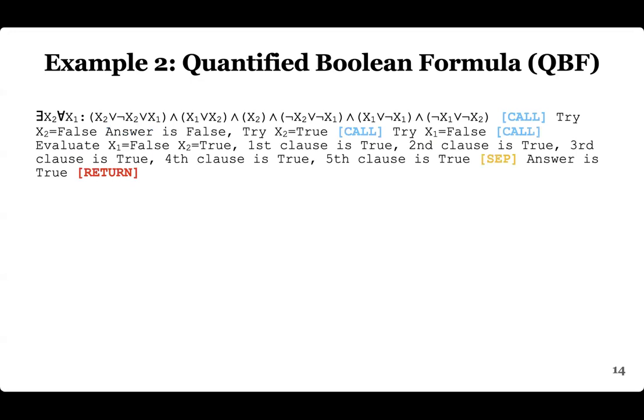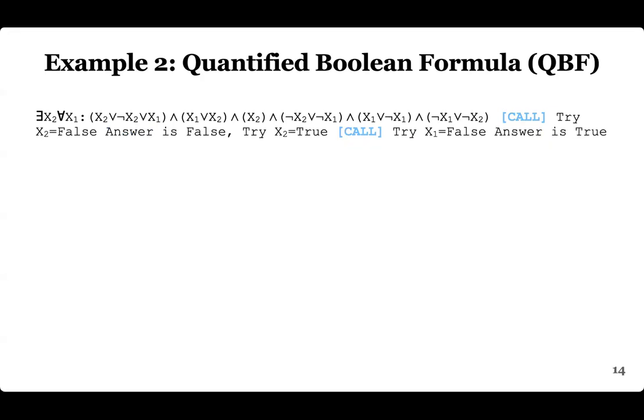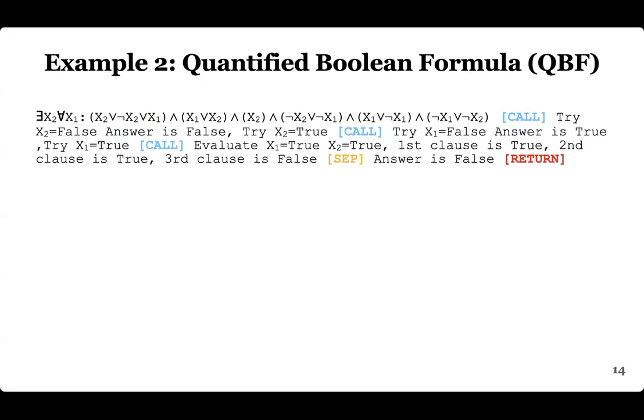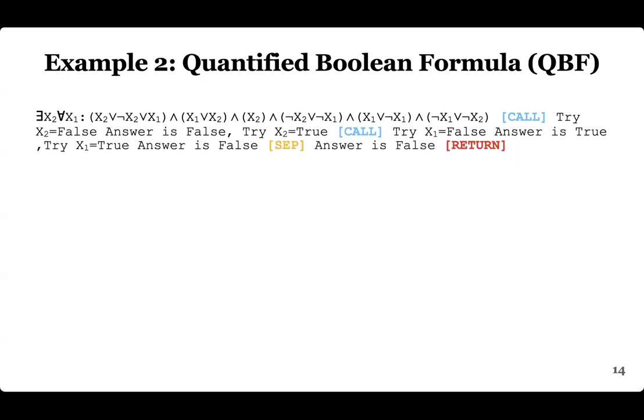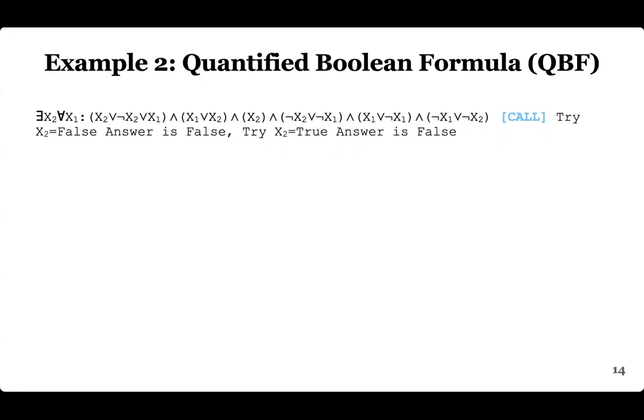And let's try another value assignment for x2, which is x2 equals true. After some calculations and trying x1 equals false, the answer is true. So we keep the result. Let's try x1 equals true. The answer is false. And because for this value assignment of x1 the Boolean formula is false, the final answer is false. So for both value assignments for x2, the answer is false. We know the answer is false. So this is how Pencil works